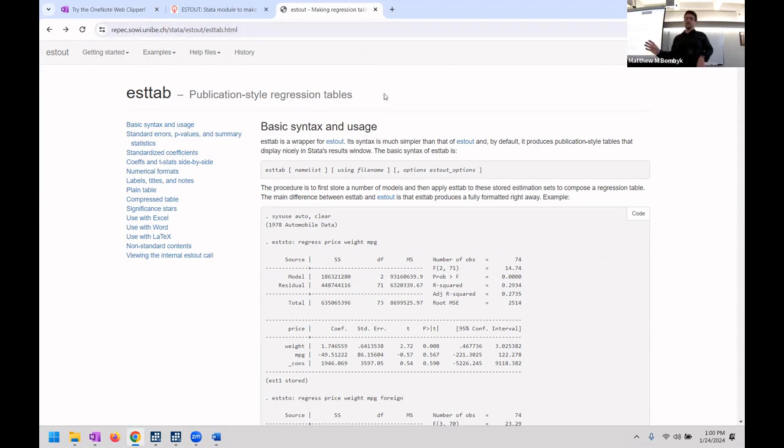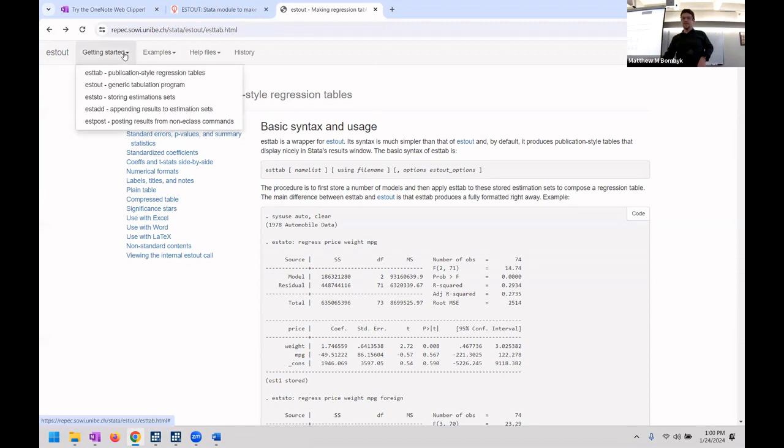I guess I'll just say, yeah, so estout is the core command. All the options and customization are there. Esttab is a simpler syntax. You don't have to specify as many things, but it's not as flexible. And then these other ones, eststo, estadd, estpost, these are for essentially,